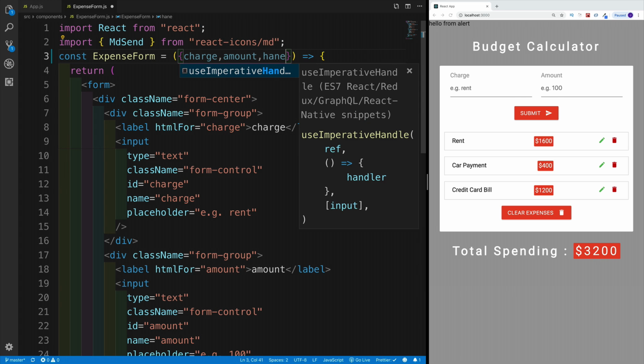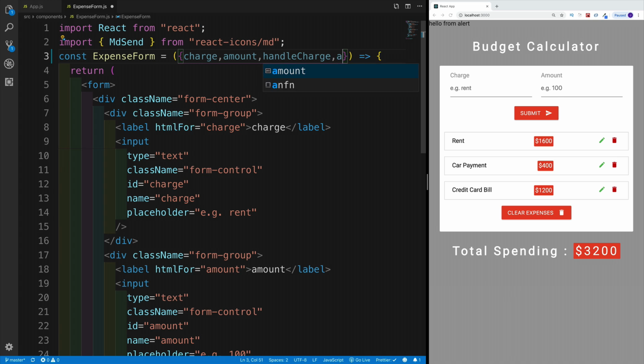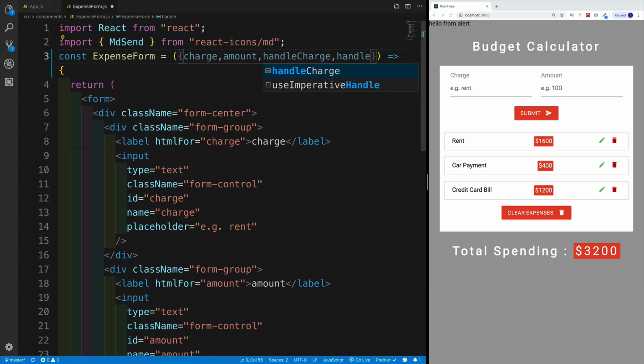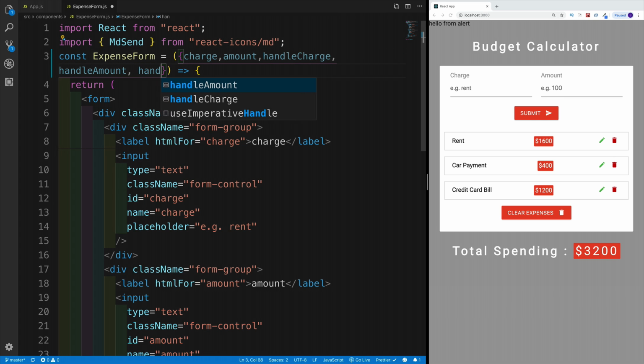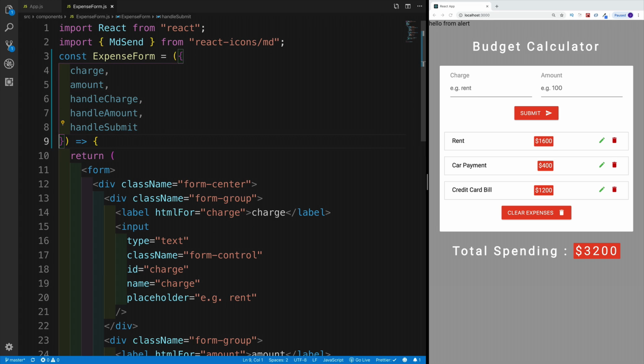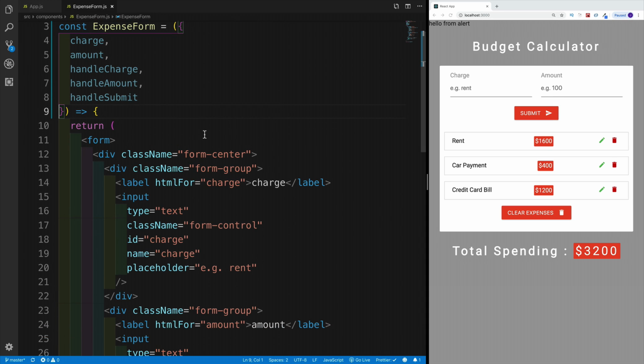Then we have handle charge method, then also the handle amount function. And lastly, we had handle submit. Now we just need to add them to our correct inputs, where we have